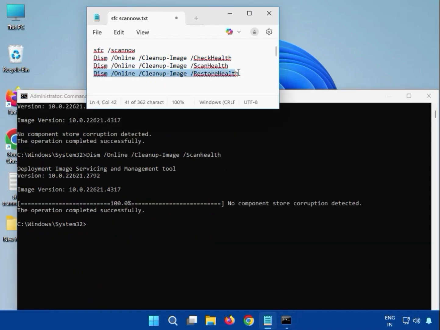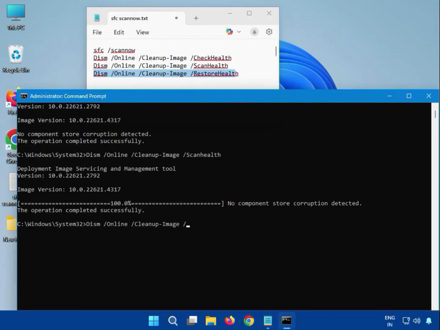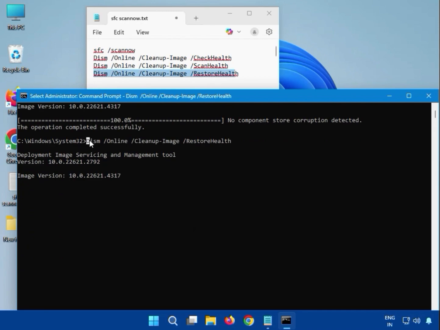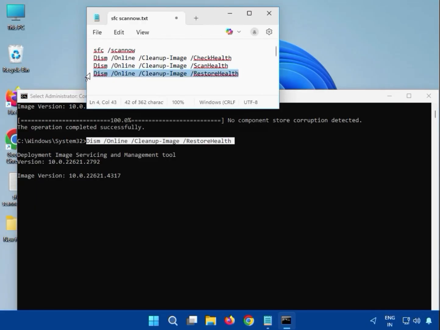Then guys, the fourth one, which is restore health. You can see here, we can enter DISM and all. Please note small and capital. Okay, restore health, and then hit enter. Again guys, you have to wait. Okay, it starts the percentage. It will complete. After that, you can see here